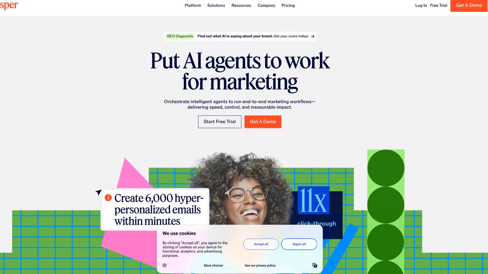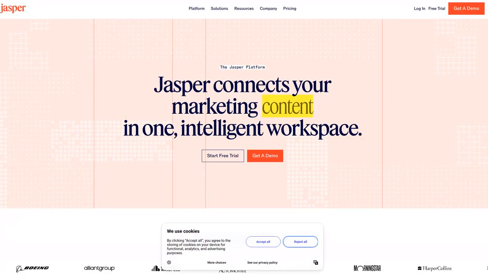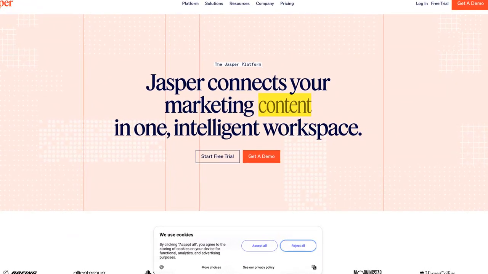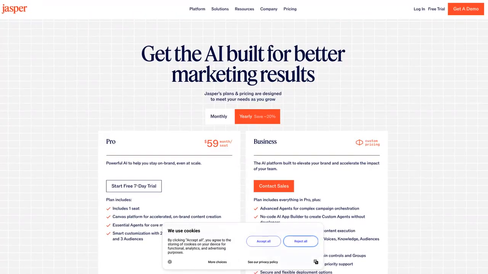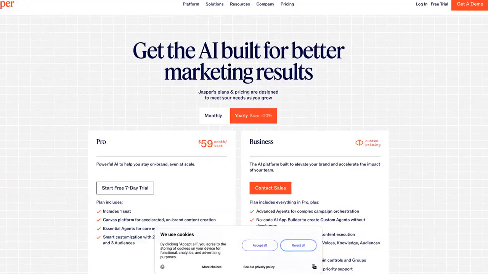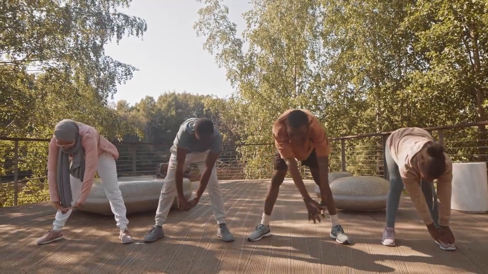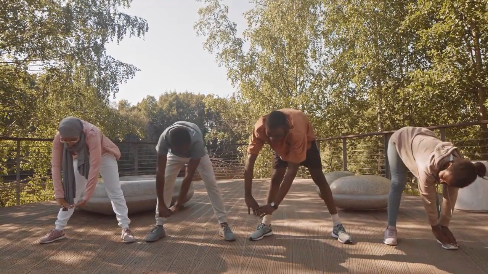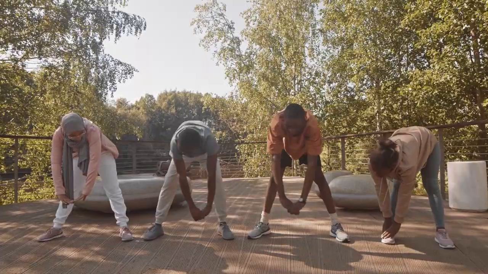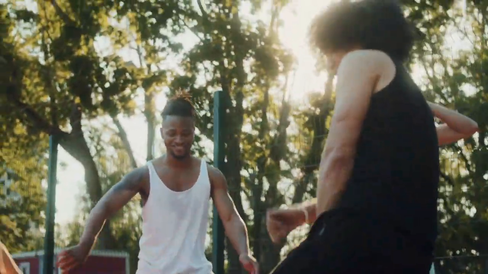Additionally, you can use Notion to track your progress and stay organized, ensuring that you're giving your body the rest and recovery it needs to perform at its best. For example, you can use Notion to log your workouts and track your progress over time, identifying areas where you need to improve and making adjustments to your plan as needed. By using Jasper and Notion together, you'll be able to create a comprehensive fitness plan that includes workout, nutrition, and recovery advice, and make data-driven decisions about your fitness journey.